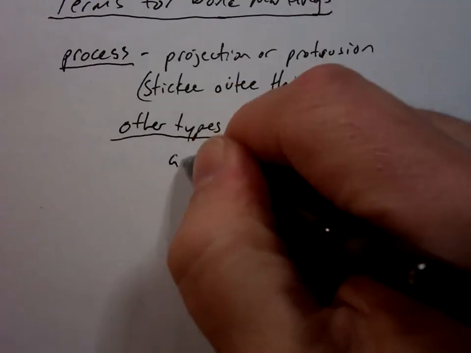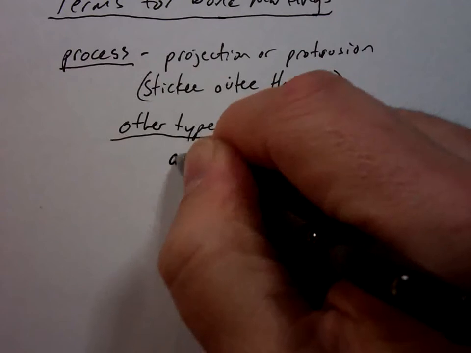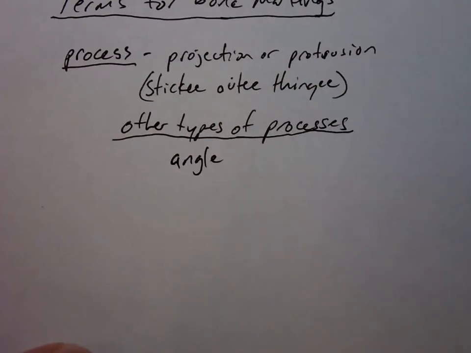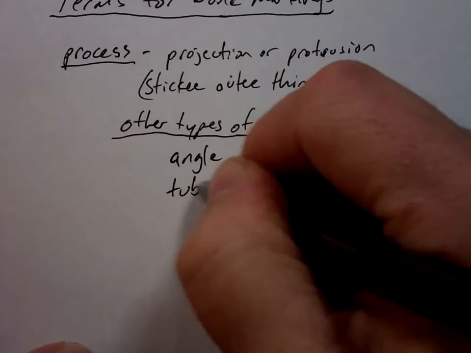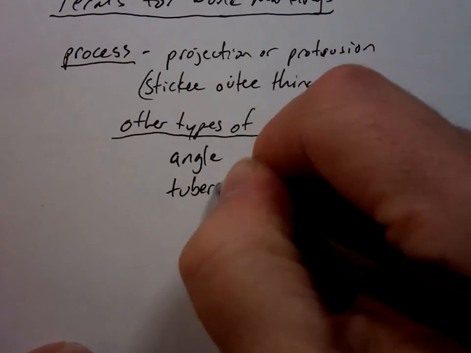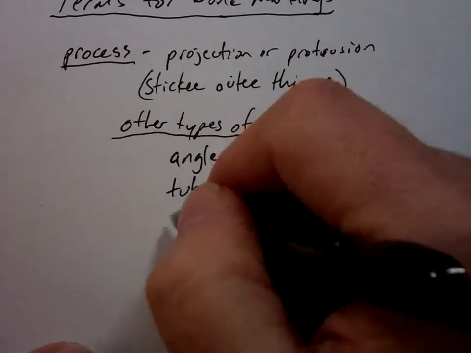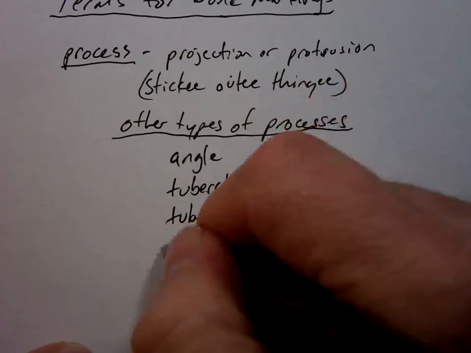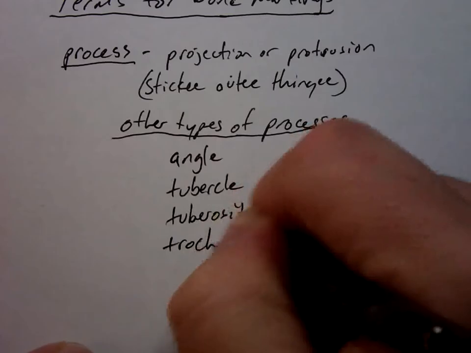First one, an angle. That's a process. On the scapula, we have 2 points, and they stick out, so that technically they're processes as well. Angle, tubercle, tuberosity, trochanter,